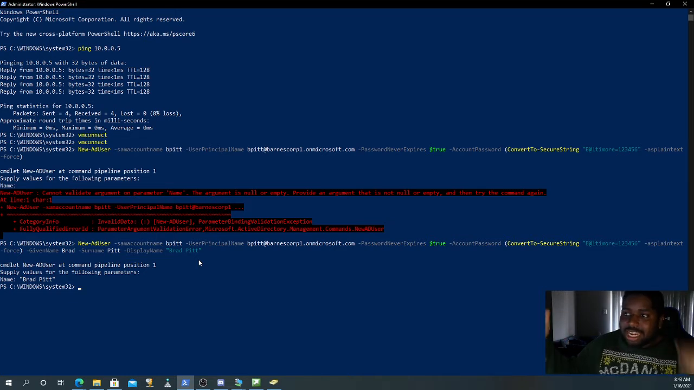Now, I haven't added everything to it, but that's just one way, another way of creating an account. I did all this from Windows 10 box. I did not need to go to the domain controller and create this. So now, to enable the account, all you have to do is literally just do this, enable dash AD account,